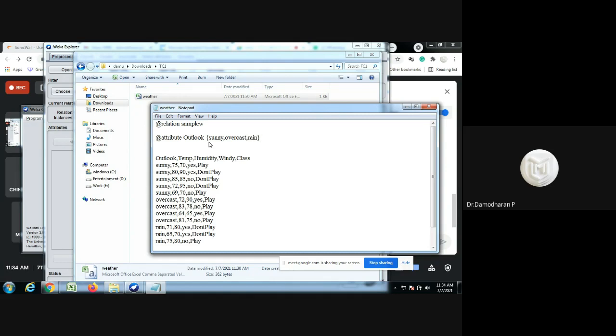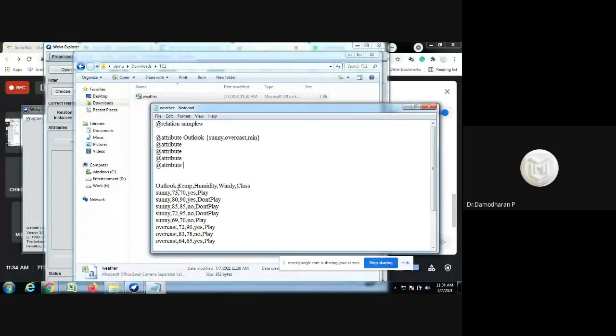Meaning this outlook attribute has a value from the list: sunny, overcast, or rain. The next attribute: I want 5 attributes, so I'm copying it 5 times, second, third, fourth, and fifth.